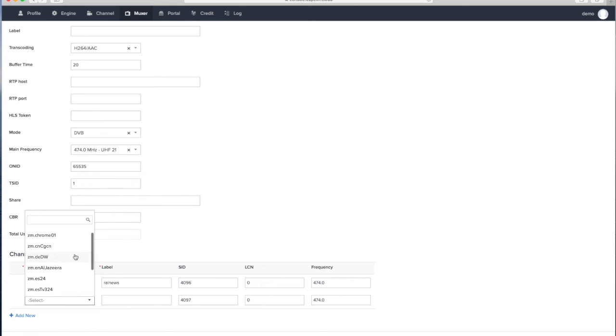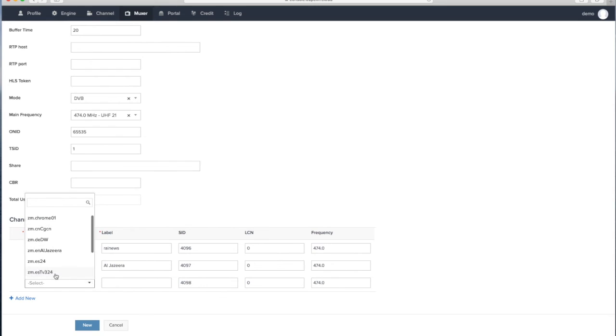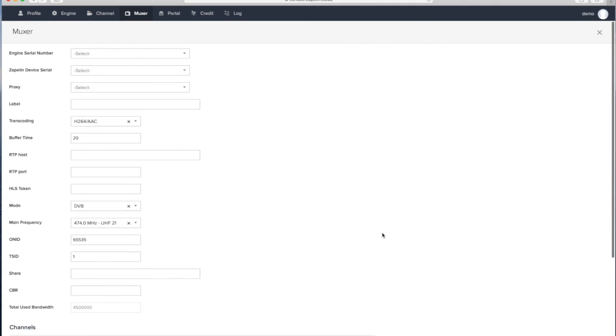So we want to be able to add the Al Jazeera News, for example. We want to also add in Deutsche Welle, and these three channels automatically have a different SID assigned to them. I can assign the LCN as well and the frequency. And what this does, once we've assigned an engine to this, is that it will actually take the three channels, it will generate a mux, it will stream it to the device in a hotel or in a building,